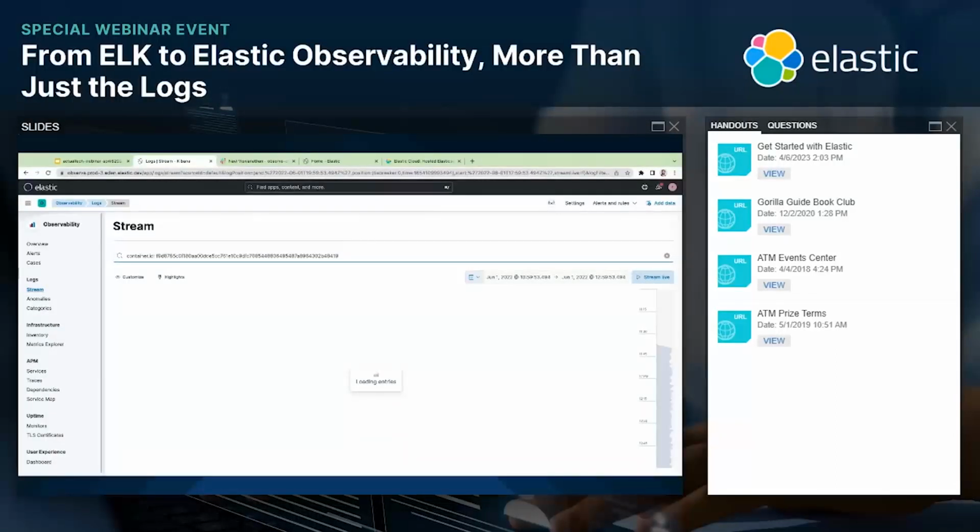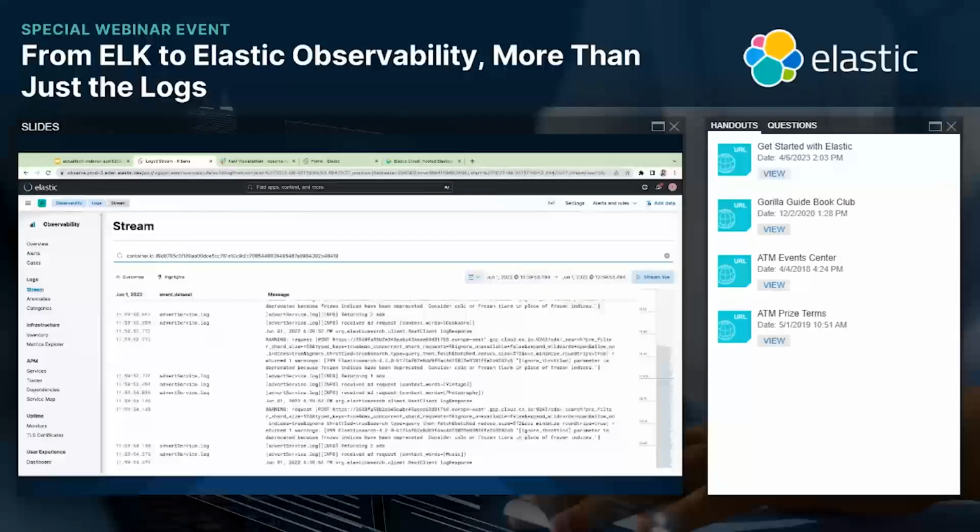In a typical scenario, you may have a different application for logs in a different team, and they're all disconnected. Here, the power is to have all that information and all the team leveraging the same platform, such as Elastic. So I'm looking at the logs, and I can quickly select certain keywords to be highlighted or tracked for me. This is a log stream.